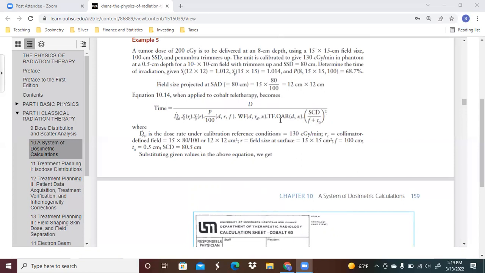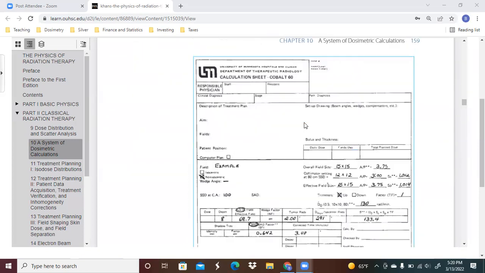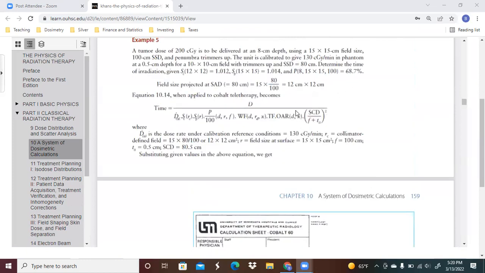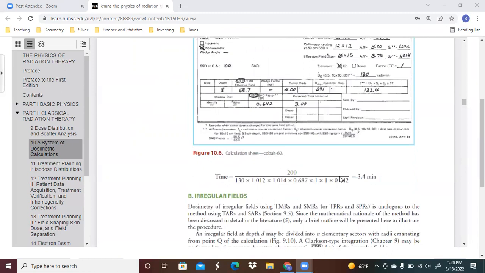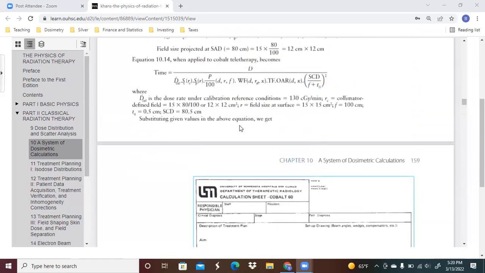We have no wedge and no tray factor. So both of those are 1. We have no off-axis factor here, as far as I can tell. So I don't know why we don't have another 1 down here. We should, but maybe they reference that here. No, they do not. Okay, so